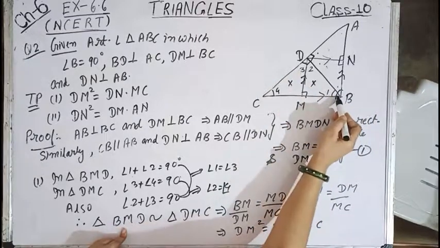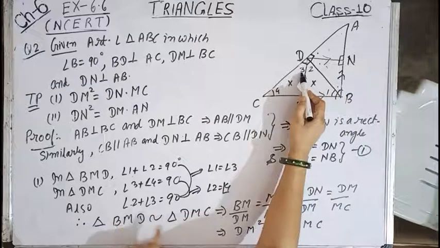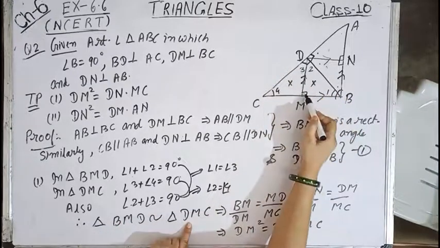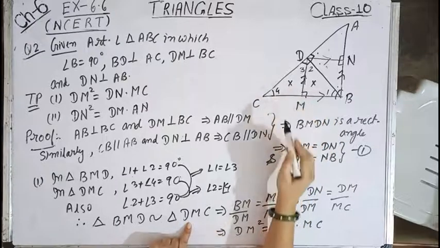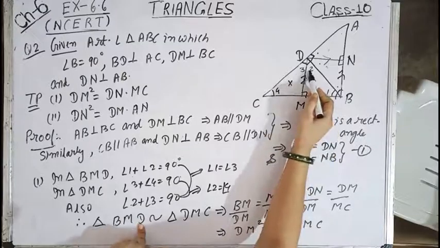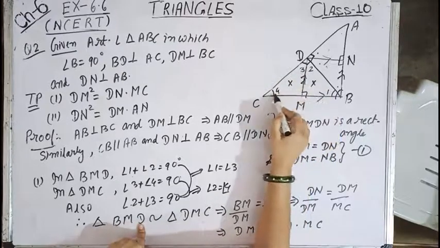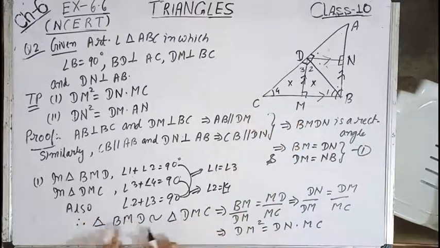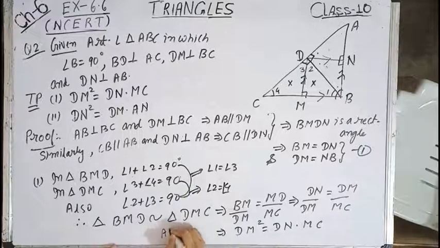So wherever I name B, for the other triangle I will name D. So see over here, B and then D. Now wherever M is 90 for this triangle, M is 90 for the other triangle also, so M and M. Next is D. Now D is 2 over here. Now this 2 equals 4. So wherever D is for this triangle will be C for the other triangle. So over here. Now once they are similar by this double A property, double A similarity, then we can write